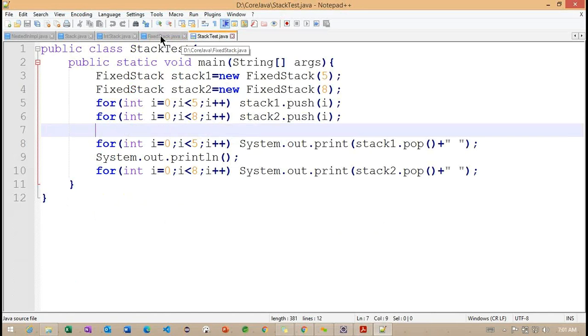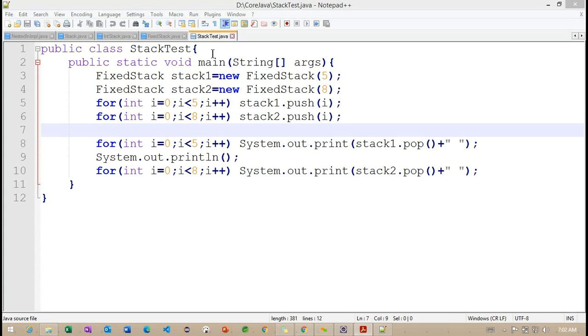One more important thing I want to share. Along with this FixedStack example, I want to work with a dynamic stack.